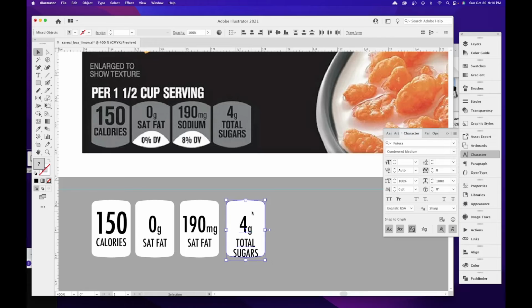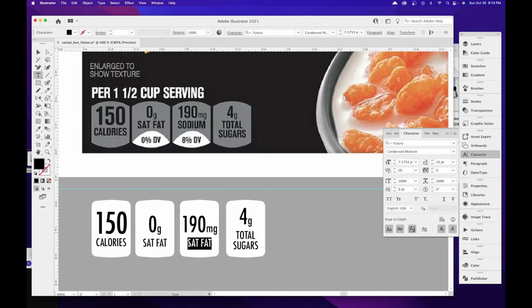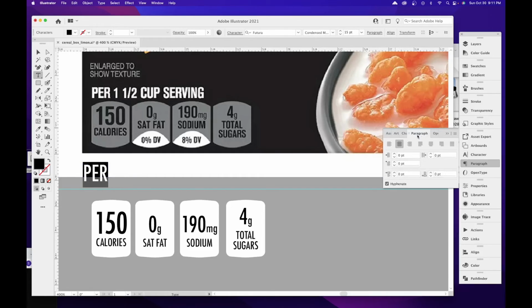Select both of these, select this one, and then now I'm going to center it. This one I'm going to type in sodium, and there we go. Let's click on our type tool. I'm going to add the per, Command A to select everything, and I'm going to go to my paragraph panel, make it left aligned, per 1 1/2